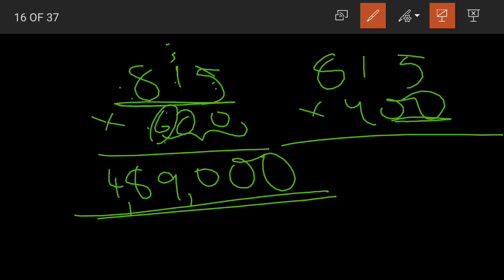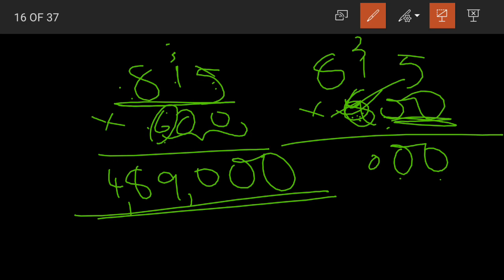Or another way that we learned just now is that here we are having zeros in the factor. So we need not multiply with 0, we can simply skip. Directly going for multiplication with the number, sorry, this was 600, with the number 6. Now, but before multiplying with 6, what should we do? We should place 2 zeros. Yes, we are having 2 digits after 6, so placing 2 zeros. 6 5s are 30, 3 carried, 6 1s are 6 plus 3 is 9, 6 8s are 48. So either way we multiply, 4,89,000 will be our answer.